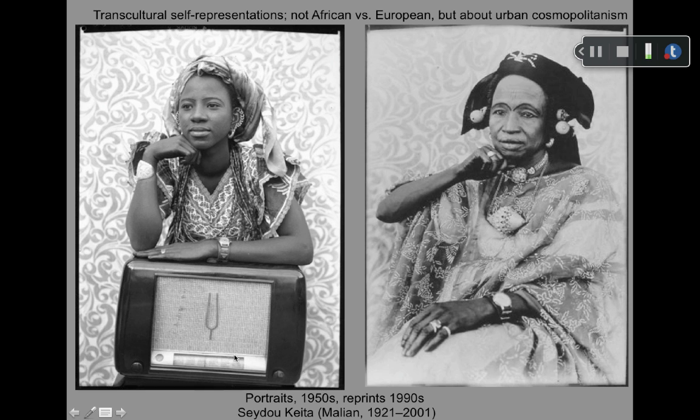And then here we have a radio, right? And of course today we're thinking, what? That's such an old school radio. But in the 50s and 60s, this would have been an object of new technology, right? She's someone who listens to the radio. She keeps up on contemporary local news, perhaps contemporary music. So all of these things, again, affirm the individual as one who can represent themselves through